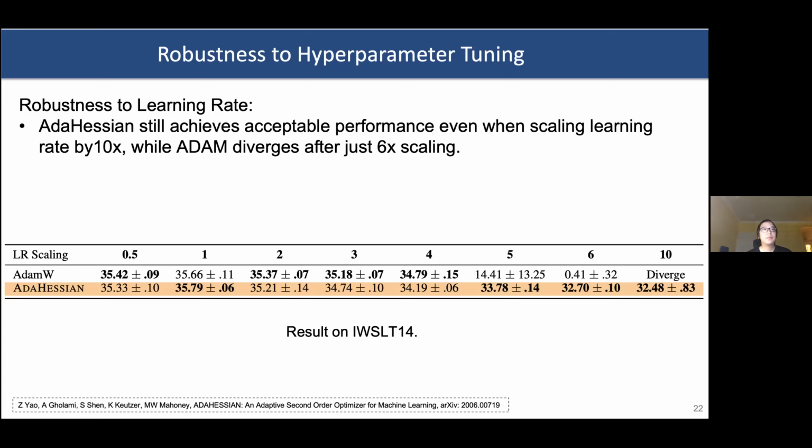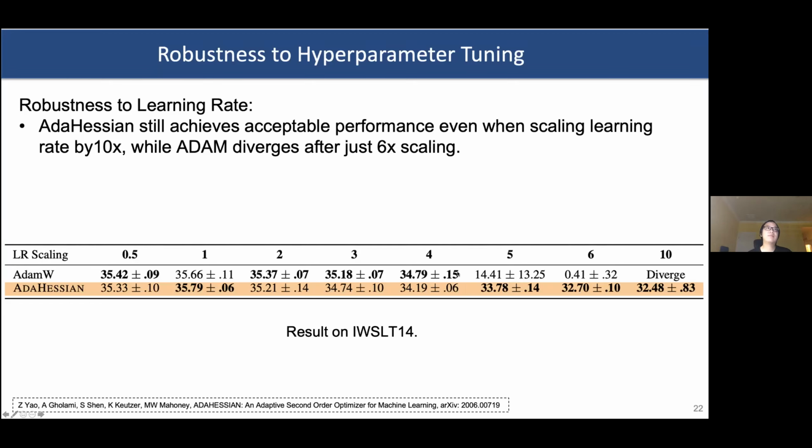So here we show one example on IWSLT comparing with AdaHessian and AdamW. We vary the learning rate scaling from 0.5 to 10. And 1 basically means you use optimal learning rates, tuned for AdamW and AdaHessian. And 0.5 basically means you scale the best learning rate by 0.5. So as you can see, when the learning rate scaling is quite small, ranging from 0.5 to 4,